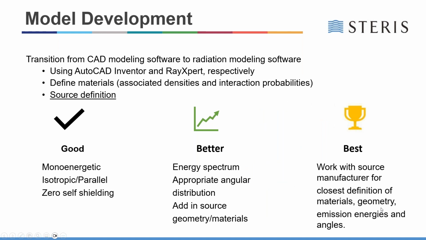Subsequently, we now need to define the radiation source. And this bullet point highlights the range of possibilities that come when defining a source. We can see that there are options that show the amount of rigor to undertake. And a good approach would be to model a monoenergetic source, a source with a single energy, with isotropic emission